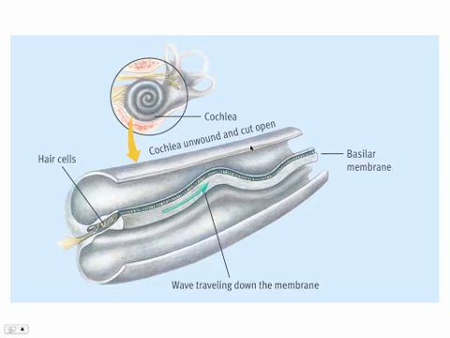This is a sort of a bisection of the inner ear, which is curled around and just kind of looks like a snail. It consists mainly of the cochlea. This is the structure called the cochlea. It looks like a snail. In fact, I think the word cochlea means snail, interestingly enough.